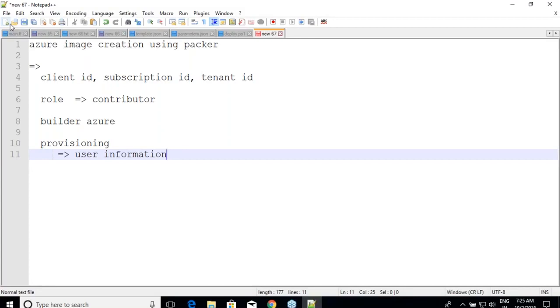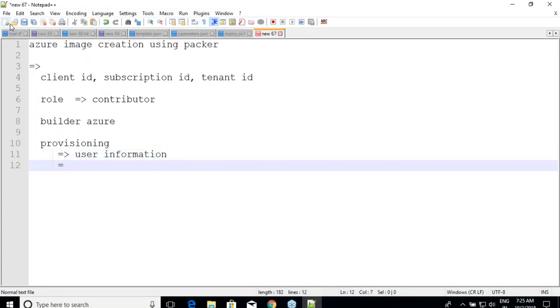For this, you don't need to do anything extra, but there is one extra line which you need to execute. Removing user information from your virtual machine is called generalization. You are generalizing this image so that anyone can use it.